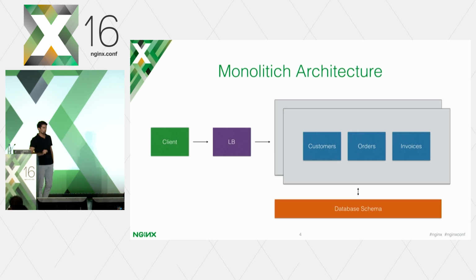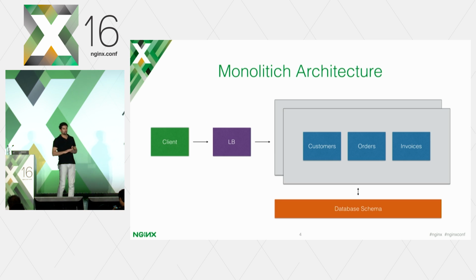So one of the things that we have been witnessing in the past few years is a transition from monolithic applications to microservice-oriented architecture. We all are familiar with monolithic applications and how they usually work. This is a simple representation. We have an app that pretty much includes all of the business logic and all of the entities that we'll have to deal with. And usually we have one data store